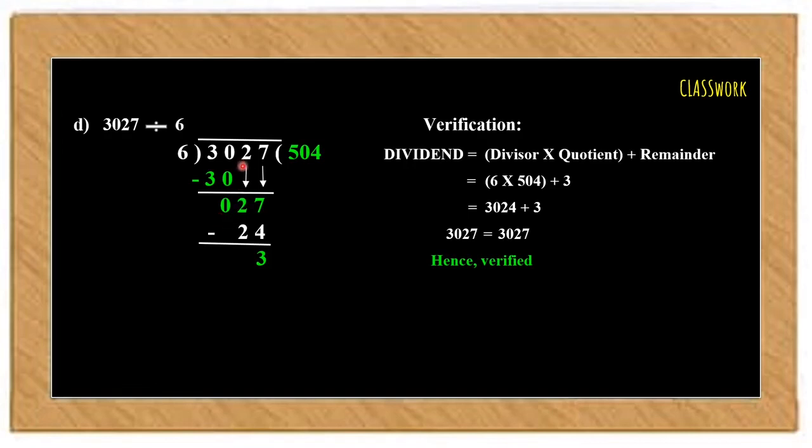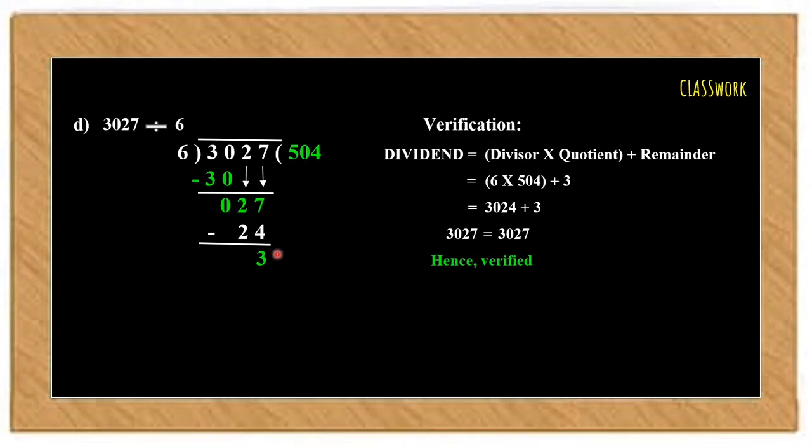We brought down the third digit of the dividend, 2, below. However, if you observe, 2 cannot be divided by 6. Therefore, we have put a 0 in the quotient and we have continued to bring down the last digit of our dividend, which is 7. On dividing 27 by 6, we have 6 multiplied by 4 giving us 24, which is a number just smaller than 27 in the table of 6. When we subtract, we get 3 as our remainder.